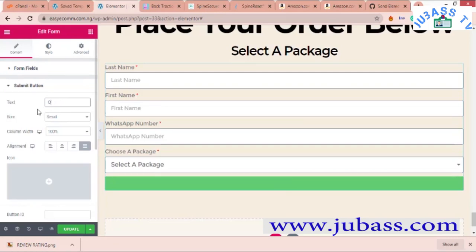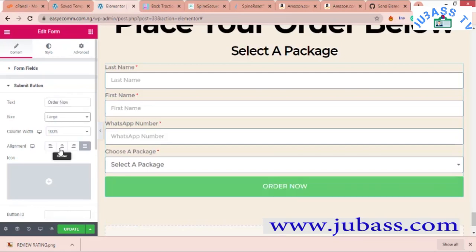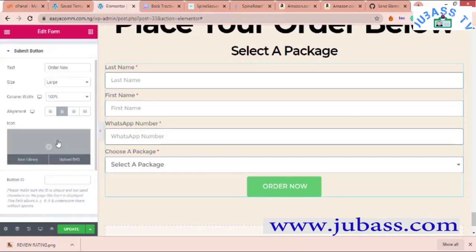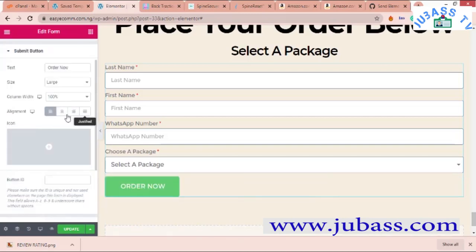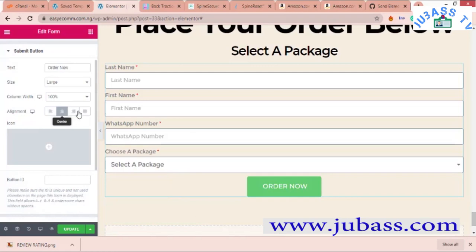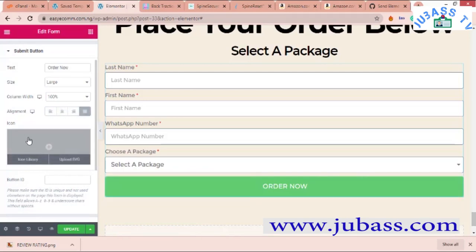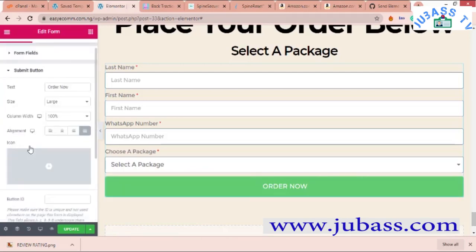Let's make this order now. The size should be large, centralized. Should we make it wide? Yeah, let's make it wide. Then